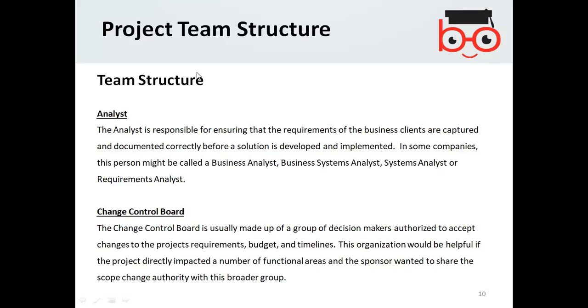So within the team structure, the analyst will be responsible for gathering the requirements. The change control board will cope with problems associated with budget, timelines, maybe resources, and whatever necessary changes need to be made.